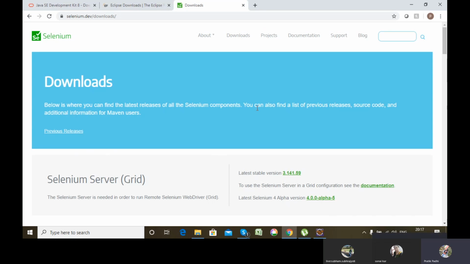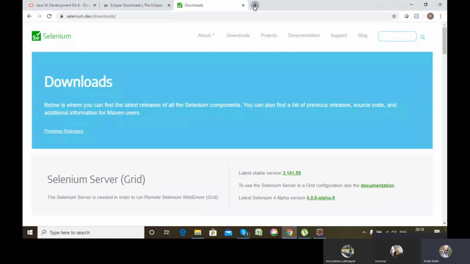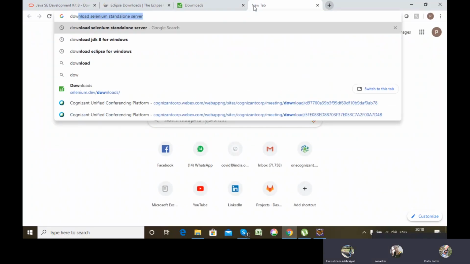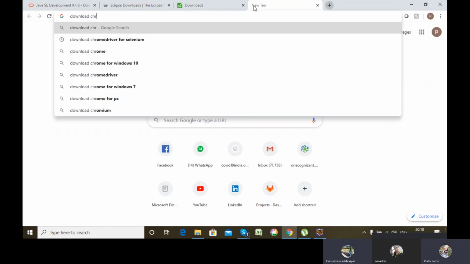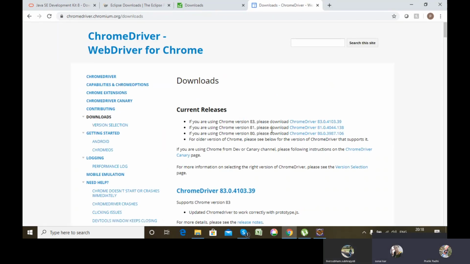So to open or to instantiate Chrome, we have to use a third party because Selenium directly cannot handle it. The third party which we are using to handle and open Chrome is chromedriver.exe. Right? So the point is we can download it also similarly. Here you can download it.